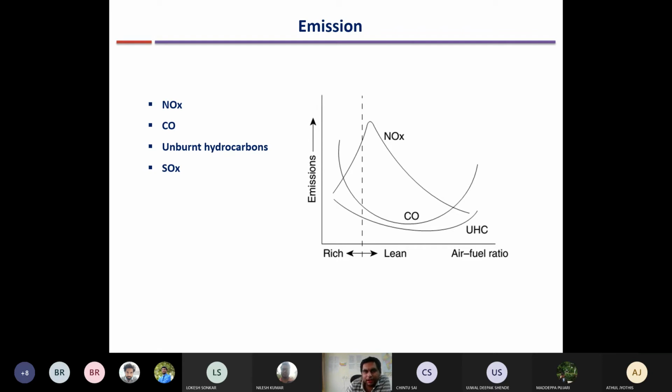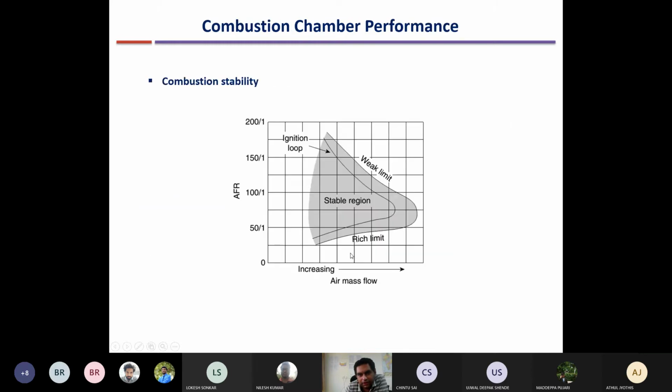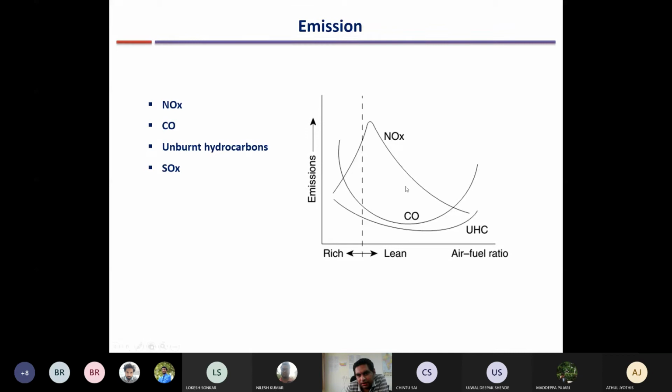So carbon monoxide and unburned hydrocarbons form when incomplete combustion occurs. Okay, and again you should be able to relate that at very high temperature or very low temperature, the combustion is incomplete. We have seen here that the combustion efficiency goes down at very high air fuel ratio, and even at very low air fuel ratio this will happen. So in both cases, because the combustion is less effective, some partially combusted or not combusted fuel will be there. So you will have carbon monoxide and unburned hydrocarbon. Is this clear to all of you why this is the pattern with air fuel ratio?